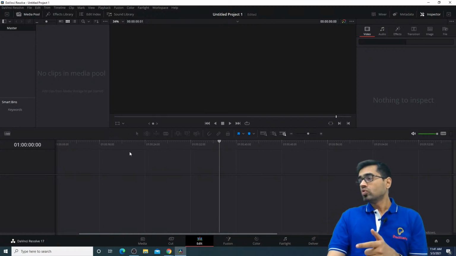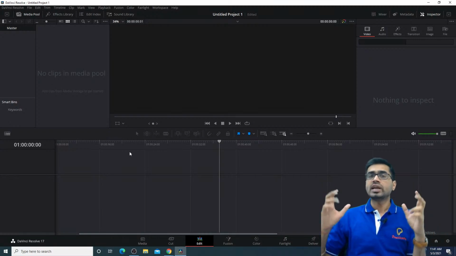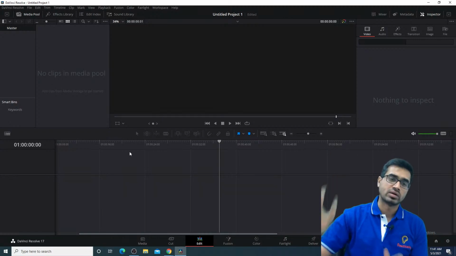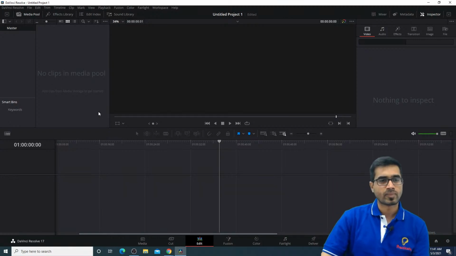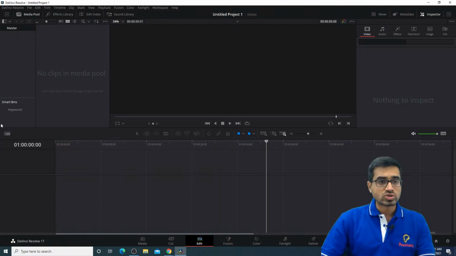Chroma key you can do in this editing, after editing also. You can record using a green screen, and after editing you can remove the green part. That can be done. Chroma key will be too advanced for this part. That's why I just skipped it for now. But maybe if time is left, I will teach you that. No issues. Okay, so let me just bring some clips from my